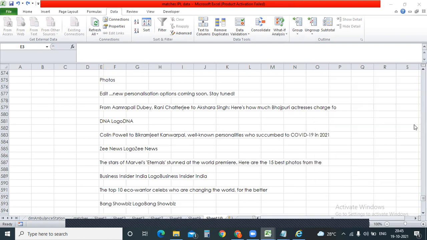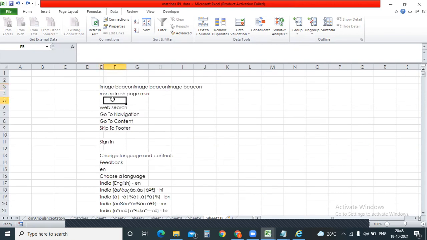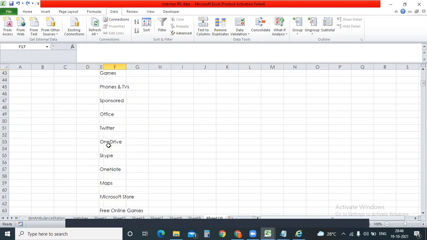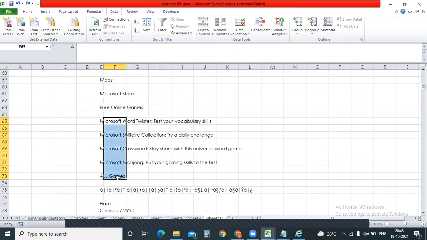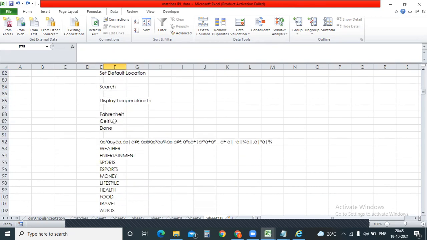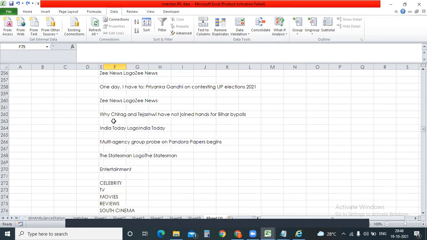Okay, now I'll show it to you again, guys. I think you got the point. As soon as I click on the data from the Excel, from the web, whatever the data is there in the particular website, everything got copied to my Excel, right? Can you see there is some data which Excel is not able to read? All the data, whichever is unwanted data or unnecessary data.